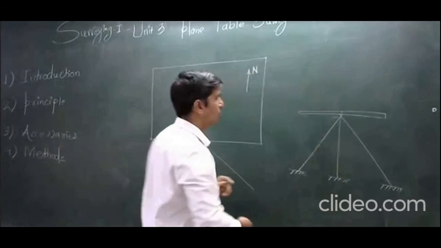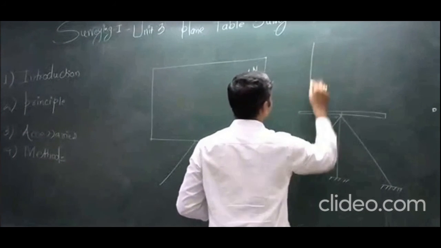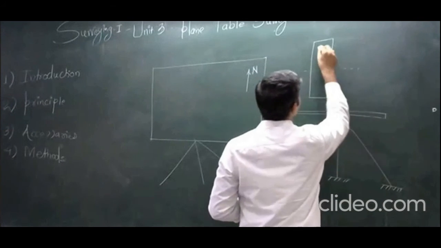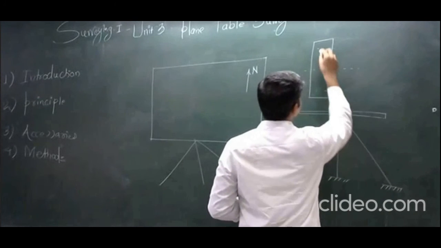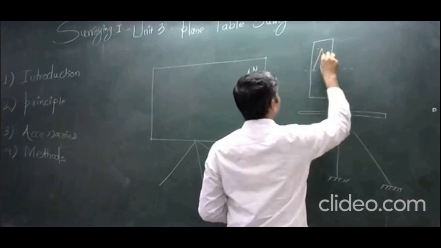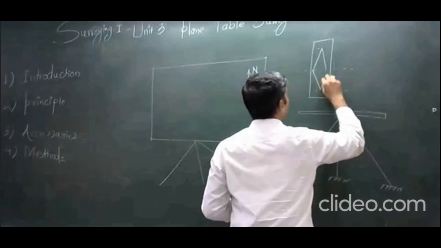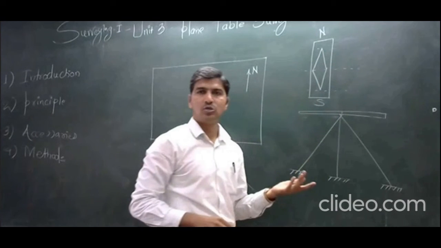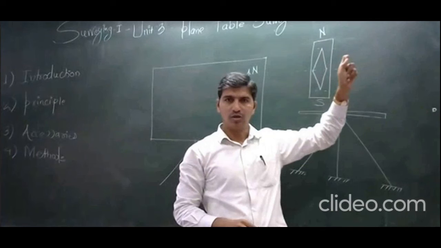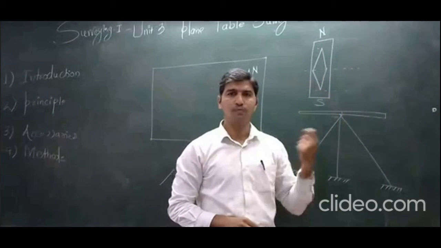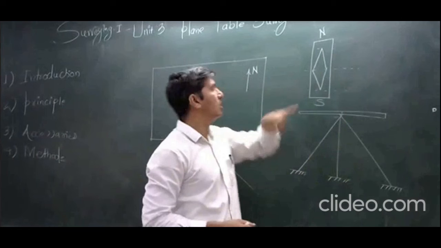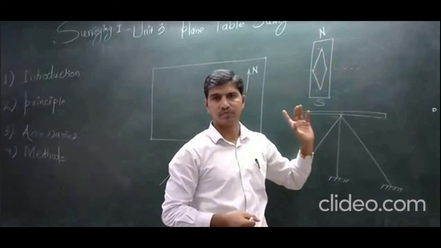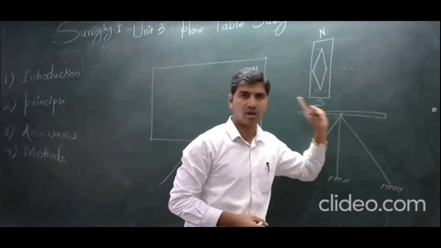Now to draw the north direction, what are we having? We are having a compass which is rectangular in dimensions, and it contains a magnetic needle. What does this magnetic needle do? It will always try to direct towards the north direction, due to its attraction towards the poles, north and south pole. It will always try to direct towards the north and south direction. This is a complete rectangular box.